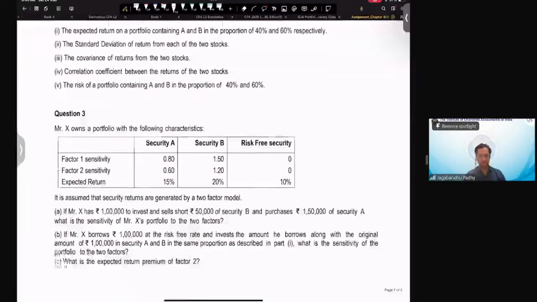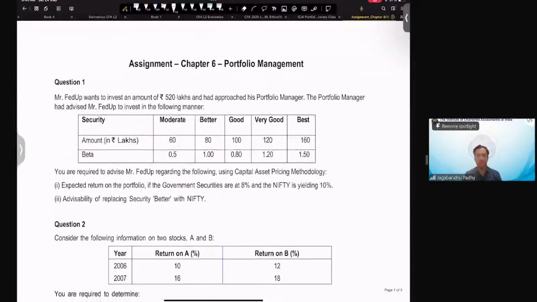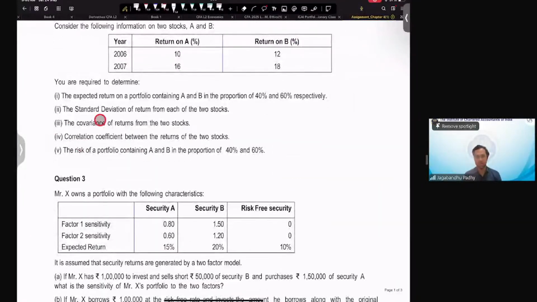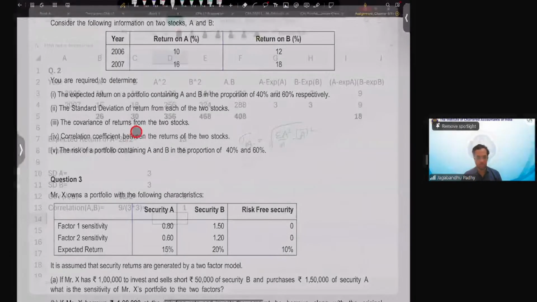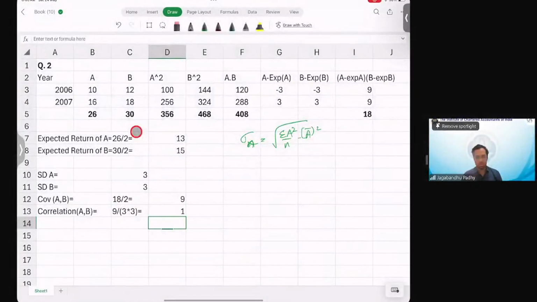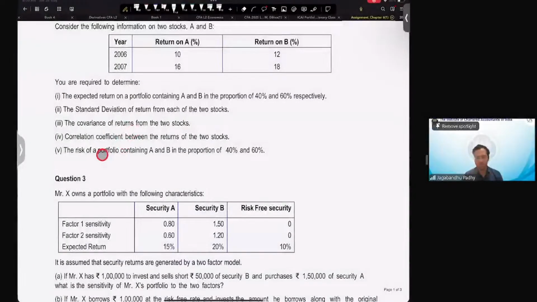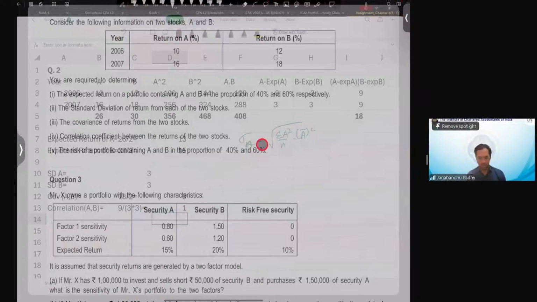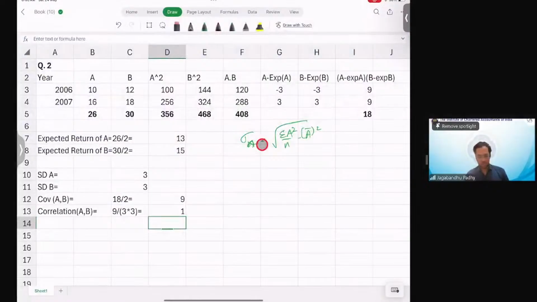So the question asked for expected return, which is done. Standard deviation of each of the two securities is done. Covariance of returns from the two stocks is done. Correlation coefficient between returns of the two stocks is also done. Expected return of the portfolio and standard deviation of the portfolio with these weightages are required. So now